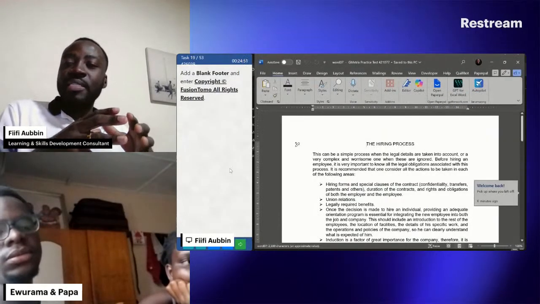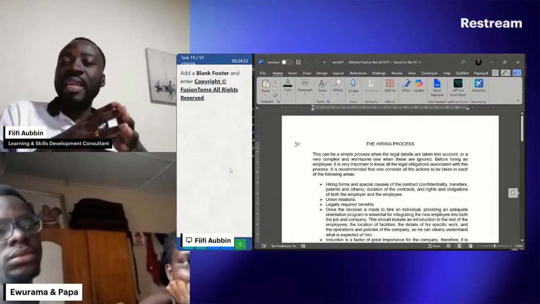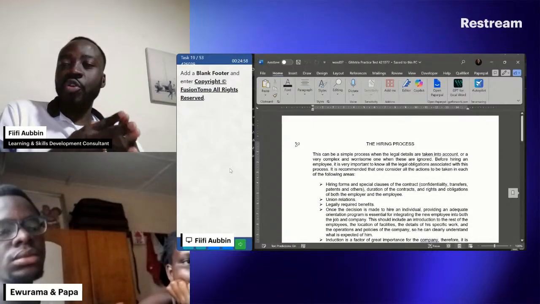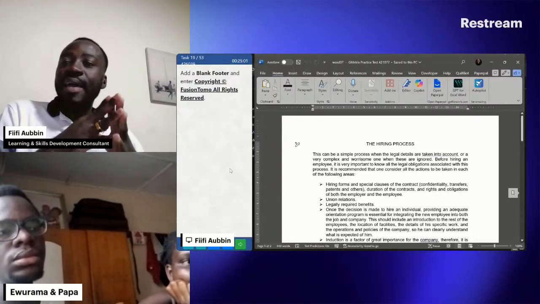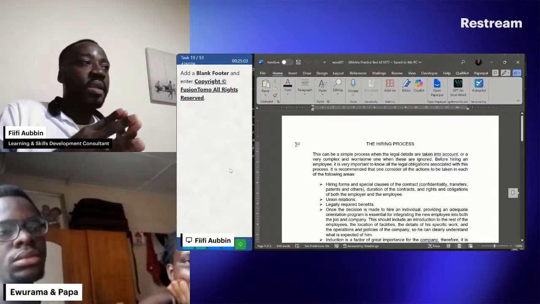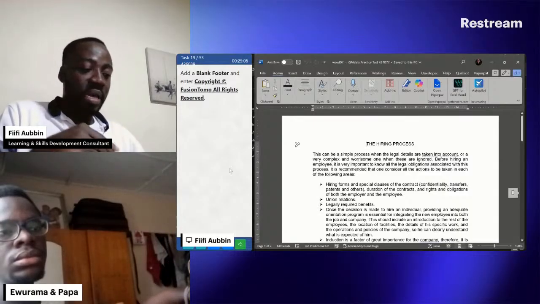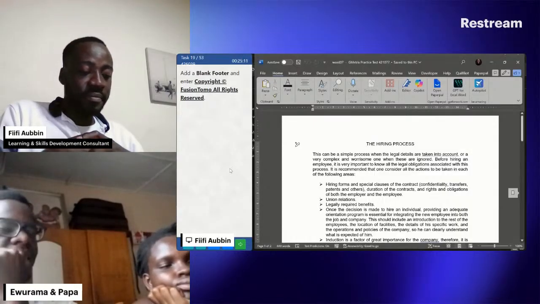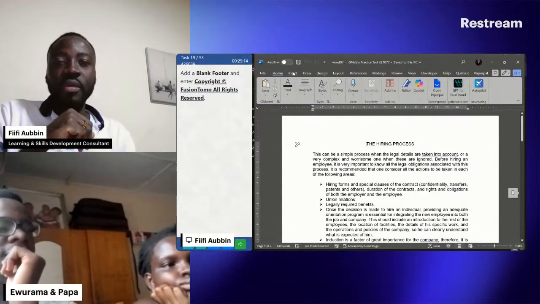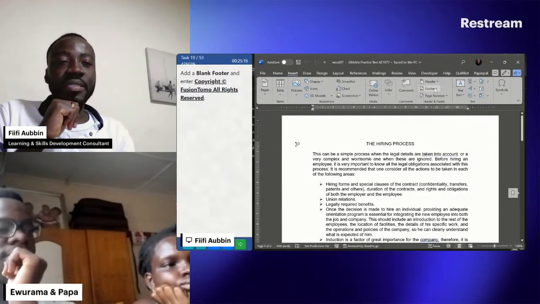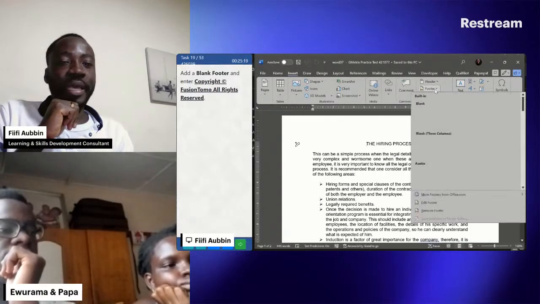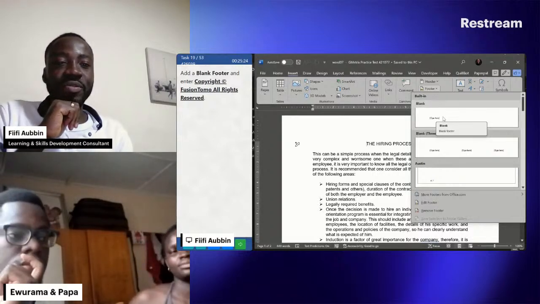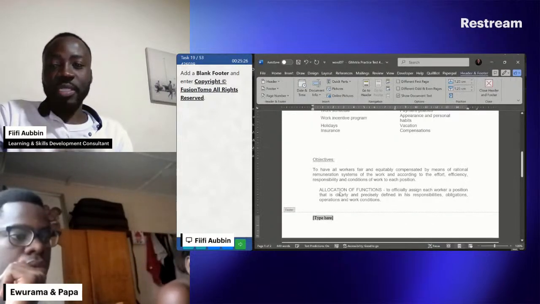The next task is add a blank footer and enter copyright with a symbol C, Fusion Tomo, all rights reserved. Add a blank footer. So where can I go? Where can I click to add a blank footer? Still under the insert tab. Okay, so under the insert, then header and footer group, I hit on footer, then I'm adding a blank footer. So the first one, I'll hit it, then I'll type